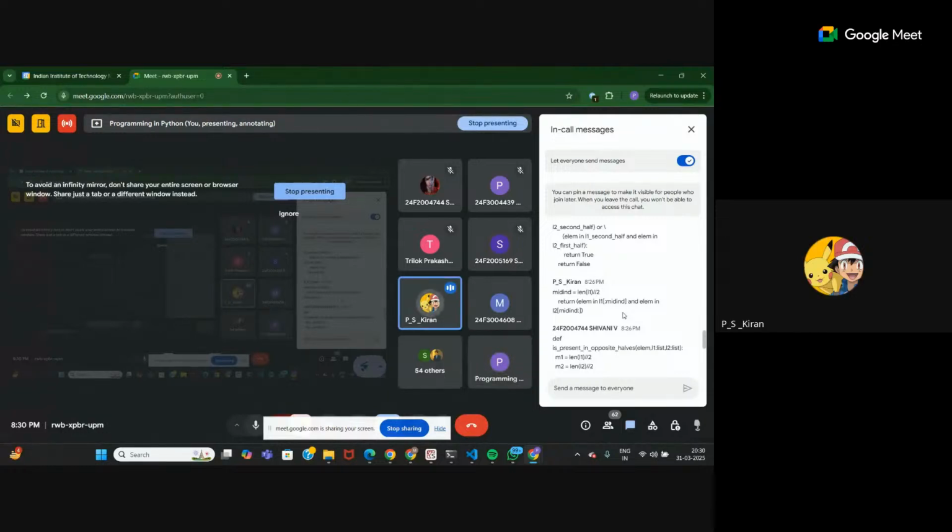Yeah, but why are private test cases passing 3 out of 3 that time? Maybe all the private test cases are in this format only, that is, the element is present in the first half of the first list and second half of the second list. That's why this is giving true. Maybe it is configured that way, because this is not all the possibilities.